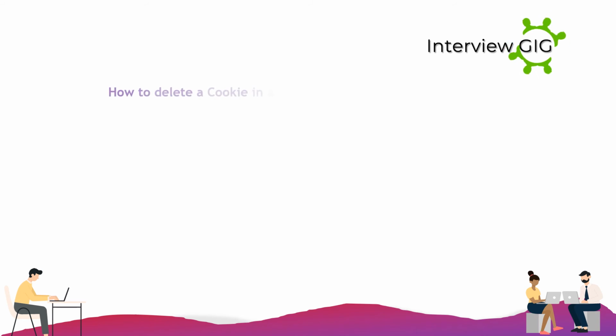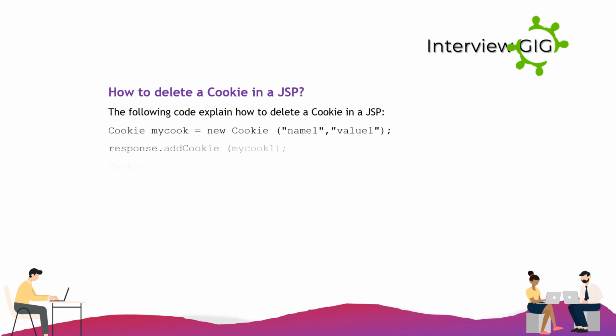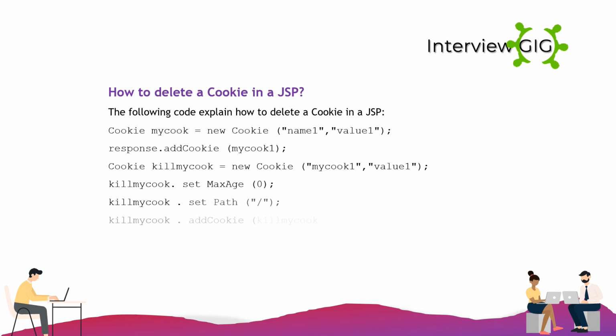How to delete a cookie in a JSP. The following code explains how to delete a cookie in a JSP. Cookie mycook = new Cookie("name1", "value1"); response.addCookie(mycook1); Cookie killMyCook = new Cookie("mycook1", "value1"); killMyCook.setMaxAge(0); killMyCook.setPath("/"); response.addCookie(killMyCook);